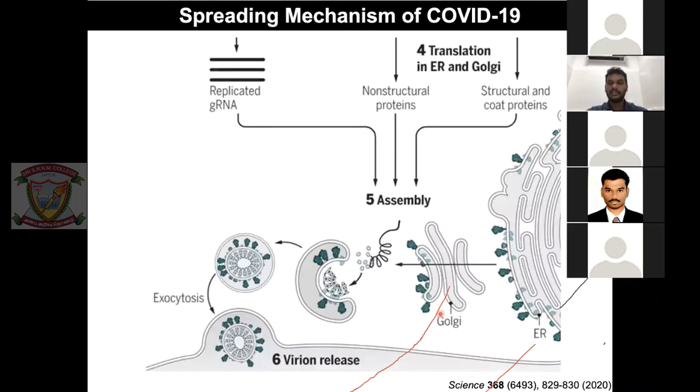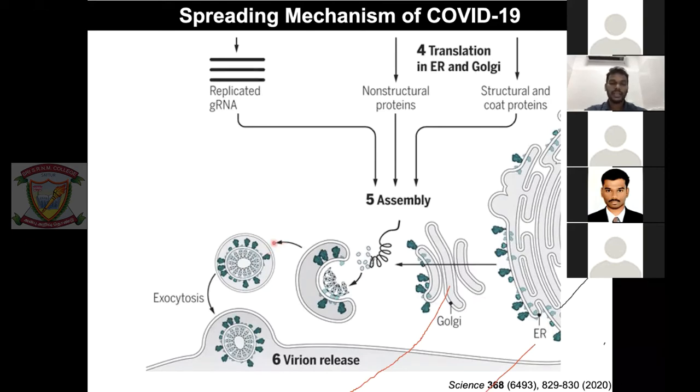That is what's happening. The fifth step is called assembly. So you bring the proteins together, and the protein is synthesized in the endoplasmic reticulum of our cell, which is around the nucleus, and then it is translated into the Golgi apparatus for further processing to make a perfect functional protein. Because the endoplasmic reticulum may make the protein, and again in the Golgi apparatus it is proofread in case there is a mistake, and that is corrected. So now the protein is ready, and your gRNA is coming from here, and the entire stuff is getting packaged. And now the packaged fresh RNA. Now I'm just showing only one RNA. So one viral particle can make billions of particles through this mechanism.